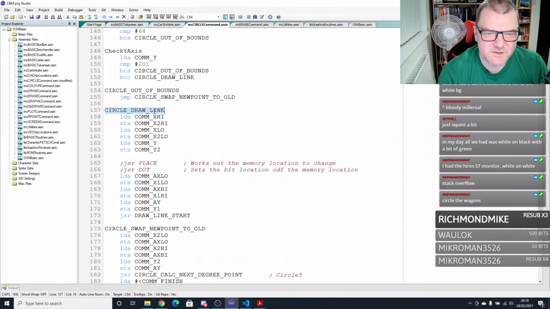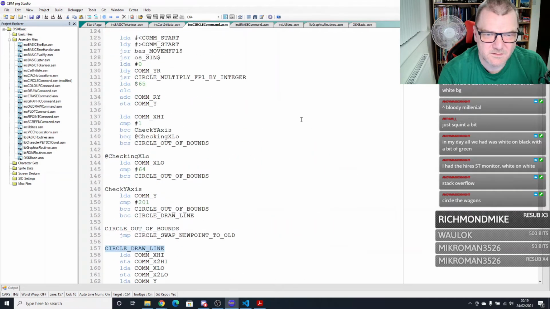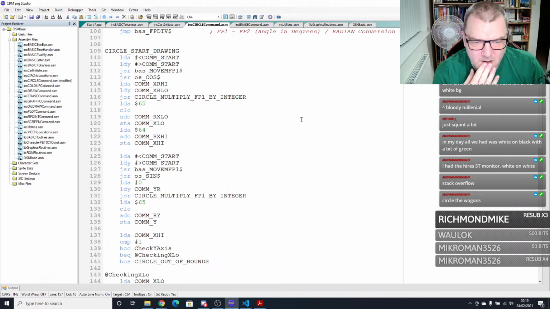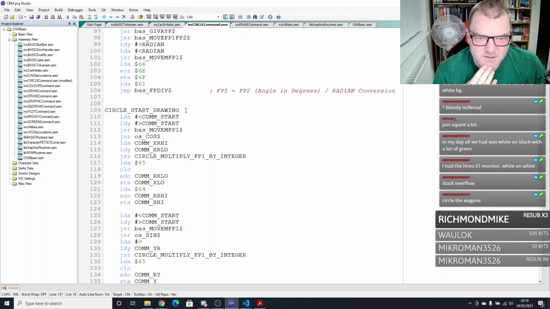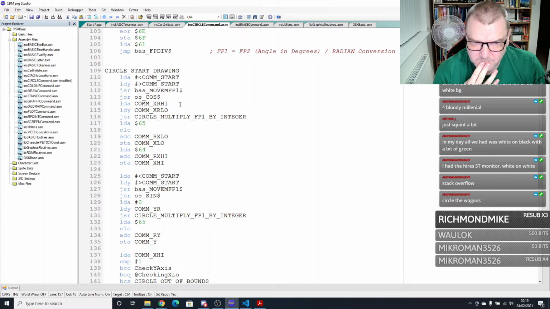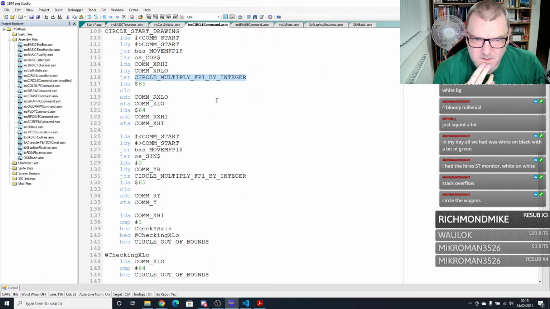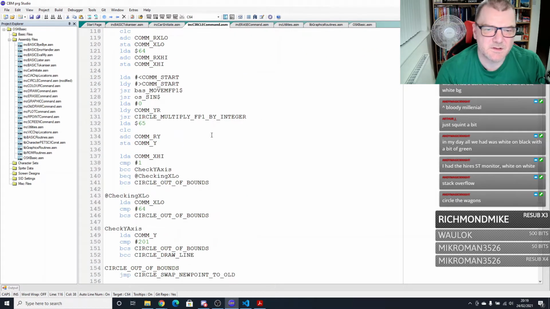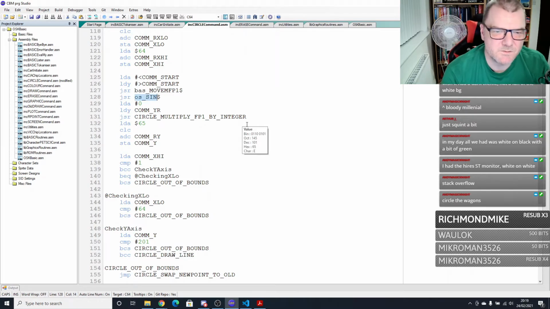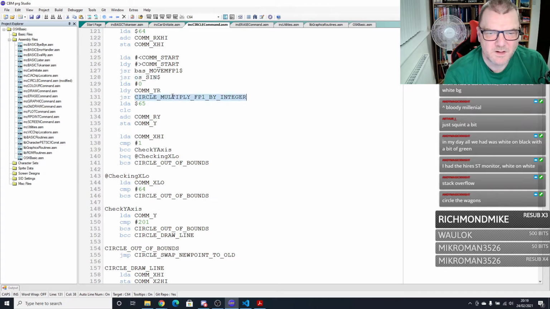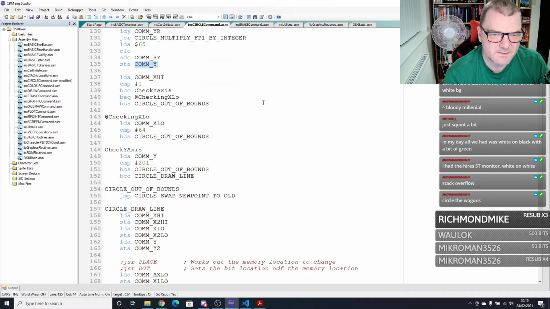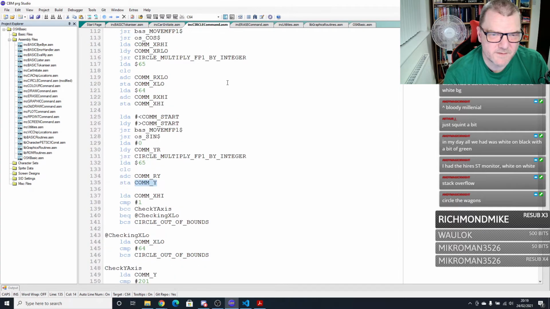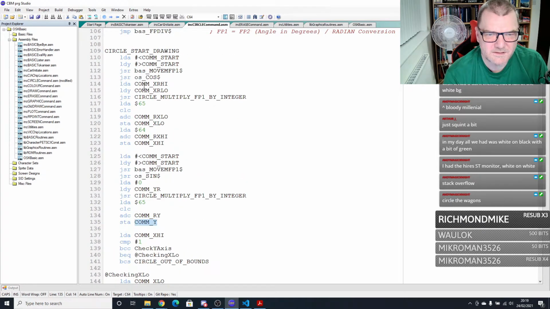So this is the drawing of the line. Where do we work out the new line? Start circle drawing, so that's here. Com start, that's what we've worked out. Do the cosine, multiply it by the radius, store it in com y. So our new y variable is in com y, and our new x variable is